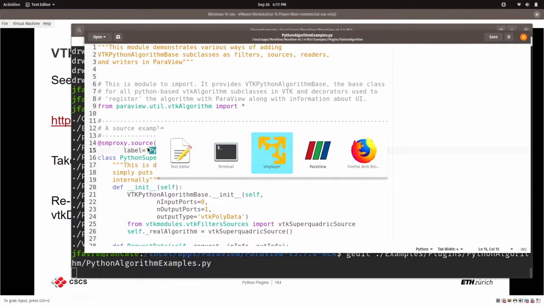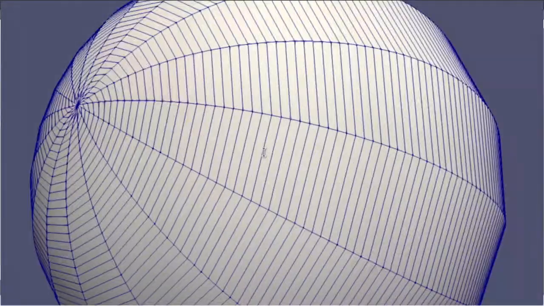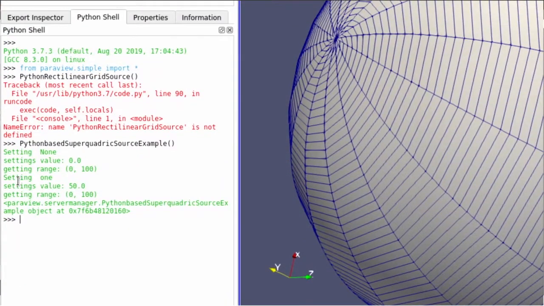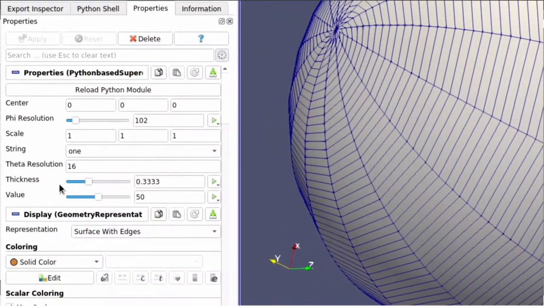If I go to my ParaView shell, this right here is the name of the plugin I have used, Python-based superquadratic source example. And the graphical user interface is the following: a center, a slider for the resolution, a